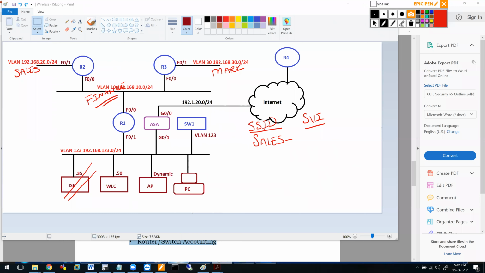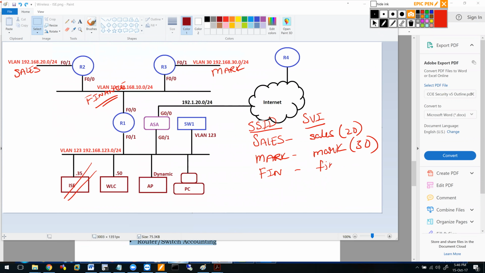Let's say I would call it sales, which was associated with VLAN 20. Similarly, I would need to create one for Mark using the Mark SVI and the VLAN 30, and similarly finance,